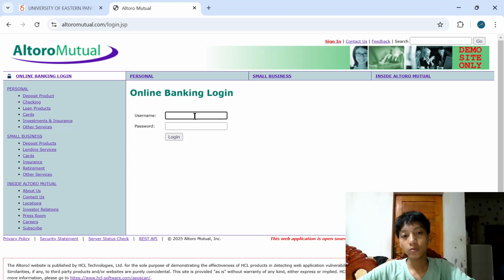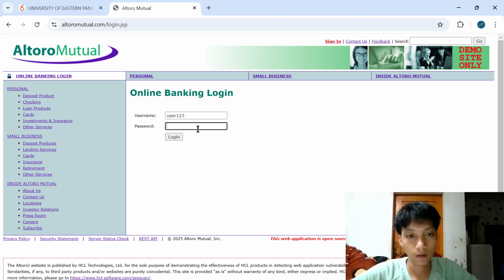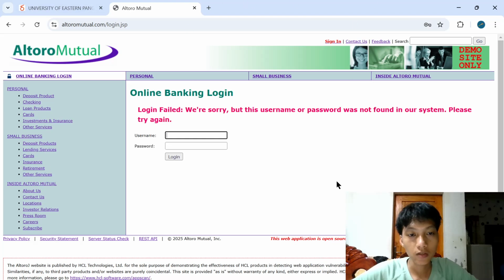First, we'll try a fake username and password. As you can see, our login attempt failed.